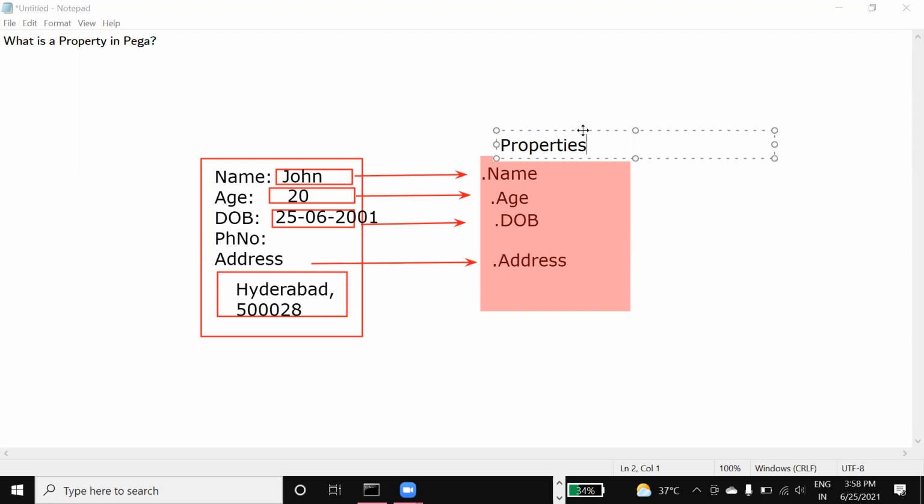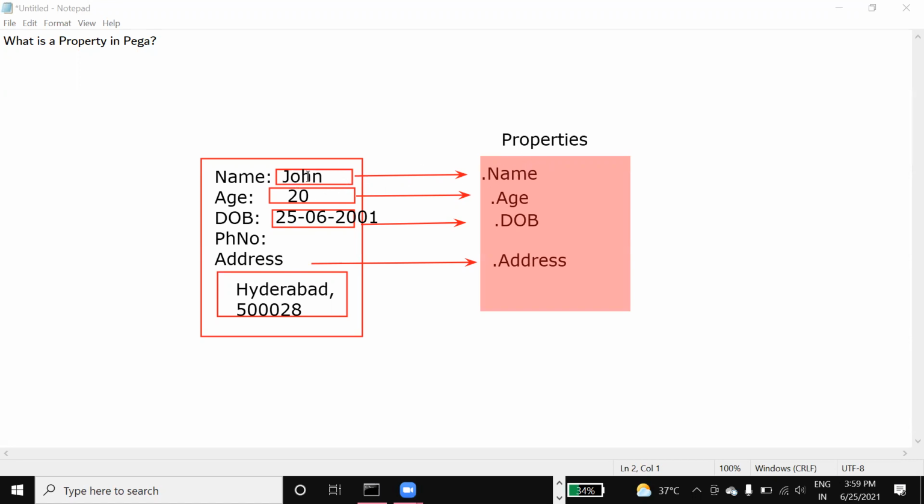These are all storing elements. The data will not be stored in the field; it will be stored inside the property that we map to this UI field. This is just a UI. All this is just UI, but the properties are mapped inside the text fields and calendar fields. The actual data you give is stored inside the property.